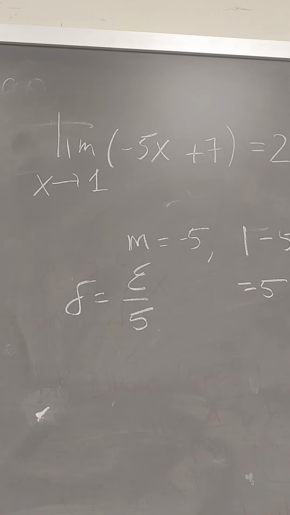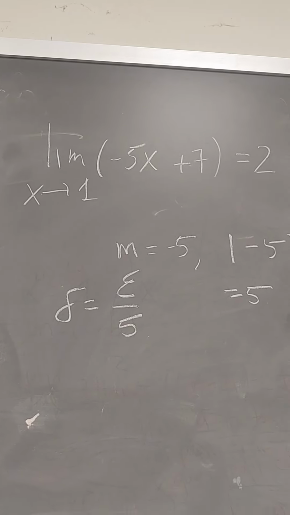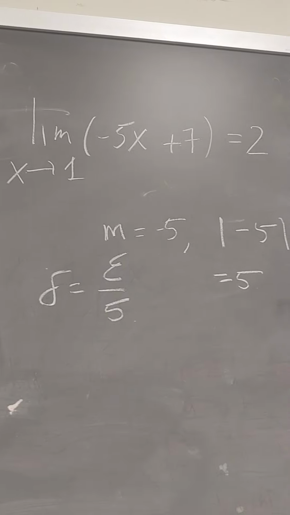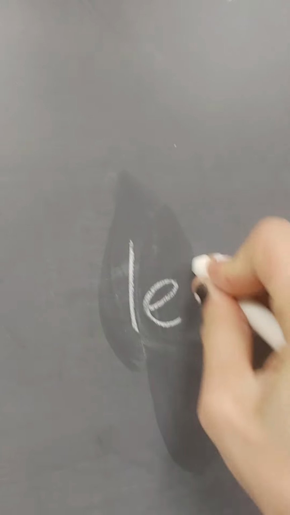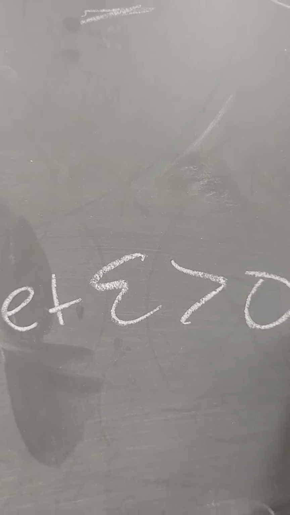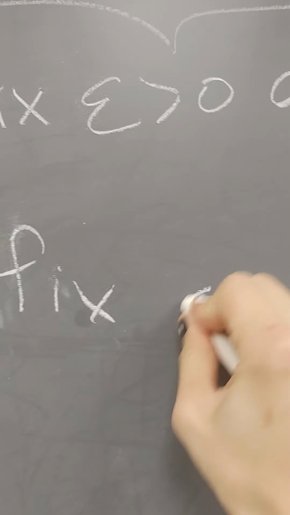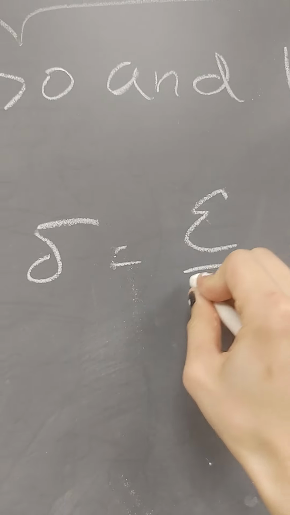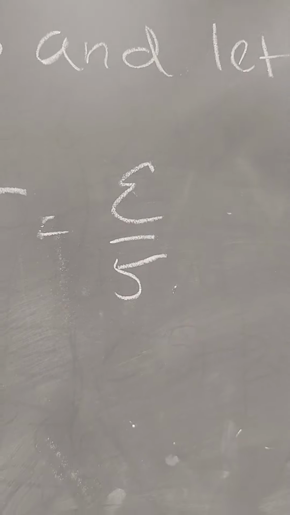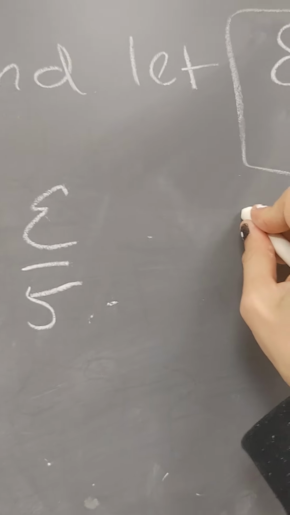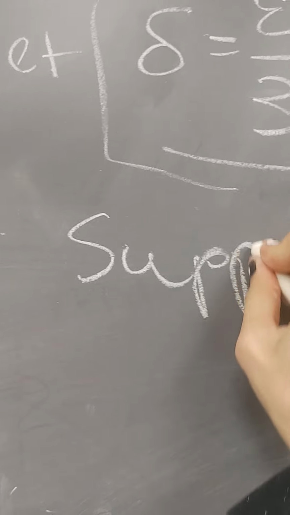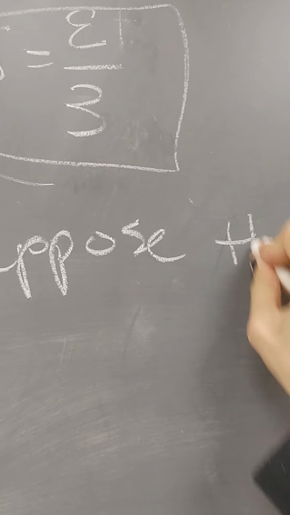Okay, so for this one, we are going to take delta to be epsilon over 5. So the way that we'll be writing this is, let epsilon be greater than 0, fix delta equal to epsilon over 5. Suppose that